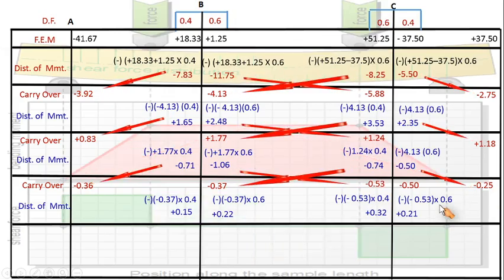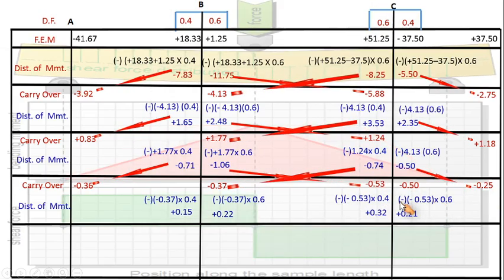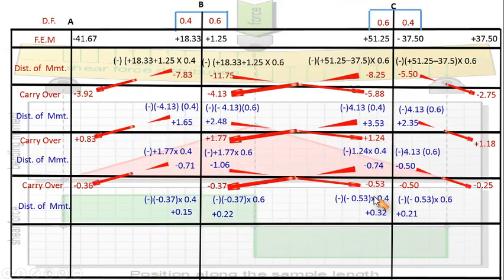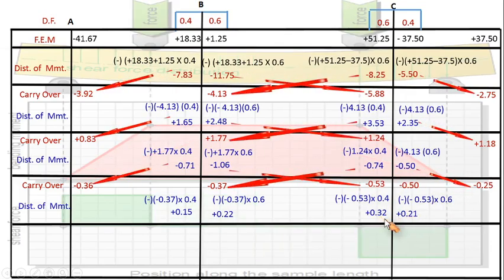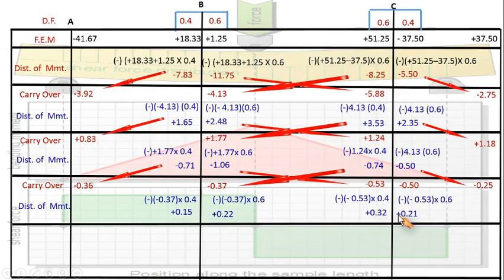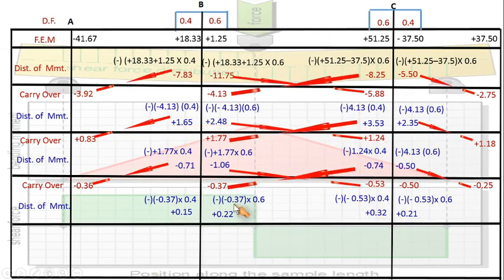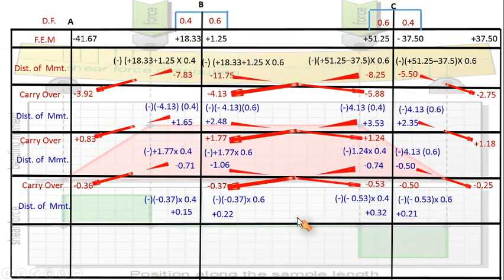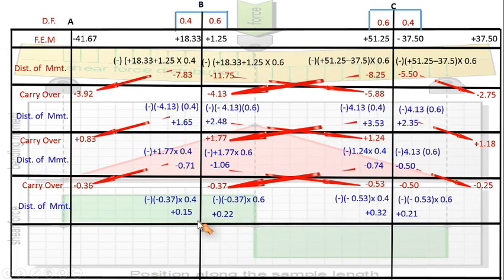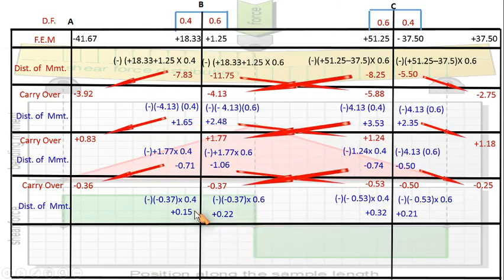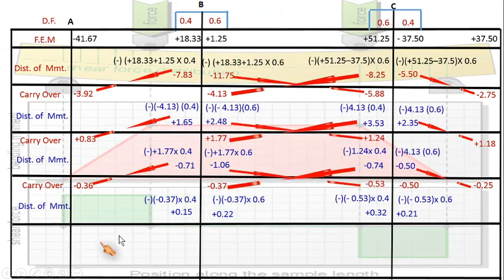Is it okay? So here 0.6 and 0.4. So here this is another correction, 0.6 and 0.4. So these values are worked out according to the assumed correction that I have mentioned right now. Is it okay? So here this is again what we did, the distribution, and once we do the distribution of unbalanced moment about a joint, we know what is to be done. It is to be carried forward to the far end.